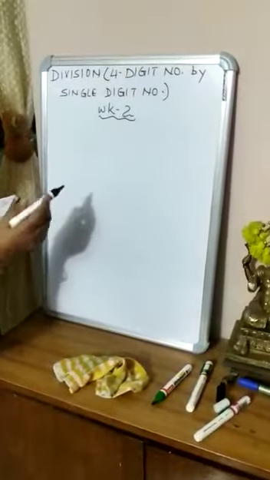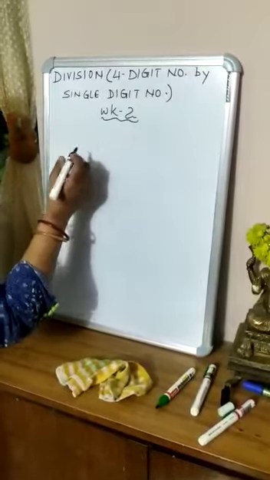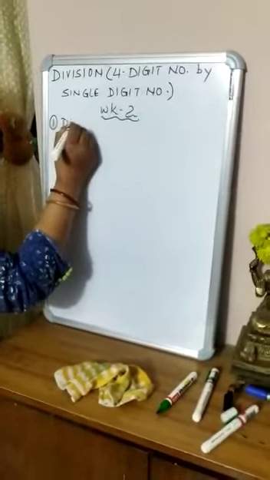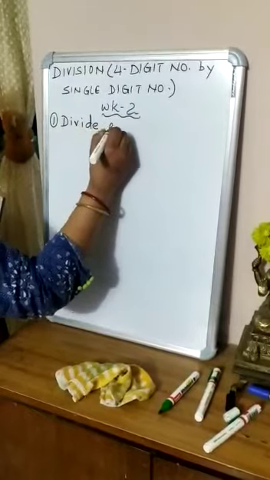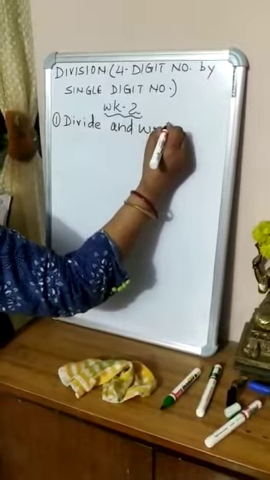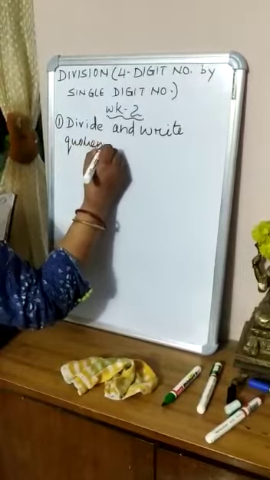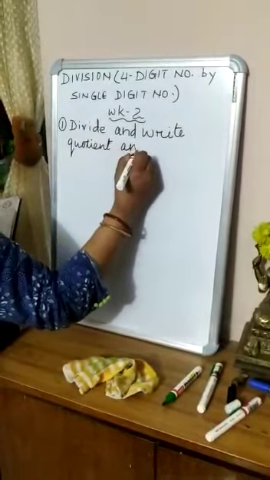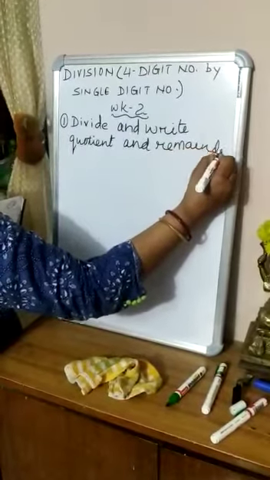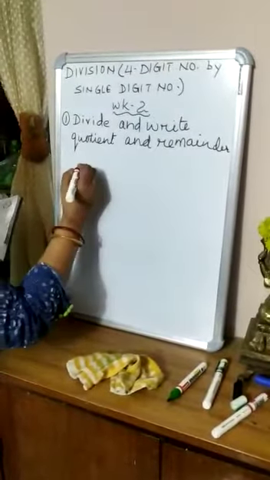Now let us start worksheet number 2. Division of 4-digit number by single digit number. Worksheet number 2. Question number 1. Divide. Firstly you have to divide and then you have to write down quotient and remainder. Okay children, firstly you will have to divide and then after that you will have to write down quotient and remainder. So A,